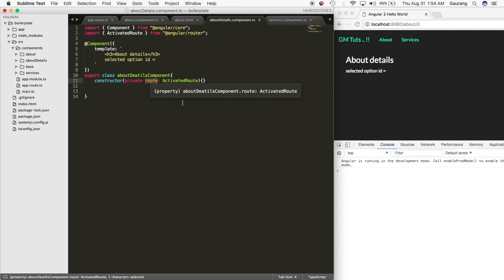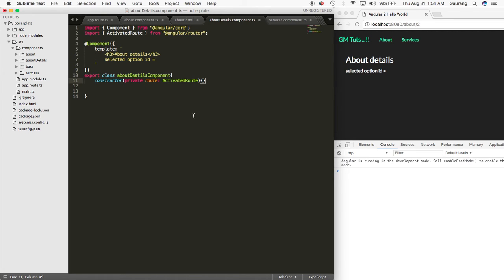It would help me to get this particular ID, which is a parameter to this particular route. But there has to be some time inside the lifecycle hook of this component that I would really fetch this particular data and show it inside my template. That would be whenever my class is going to be loaded, and that is nothing but